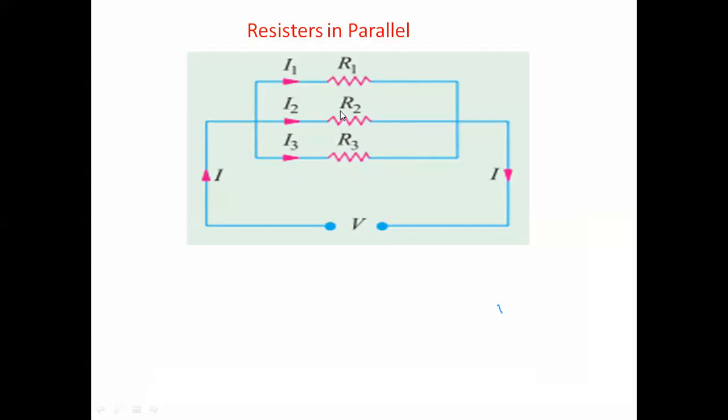So suppose we have water channels. We have three pipelines. So this is the source pipeline, and from this water is coming. Here we have three valves. R is nothing but resistance. Resistance is nothing but the valves, so valve opening and closing. Suppose we have water taps. That is one valve.